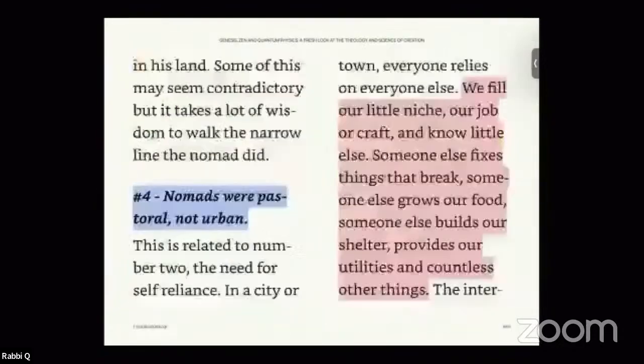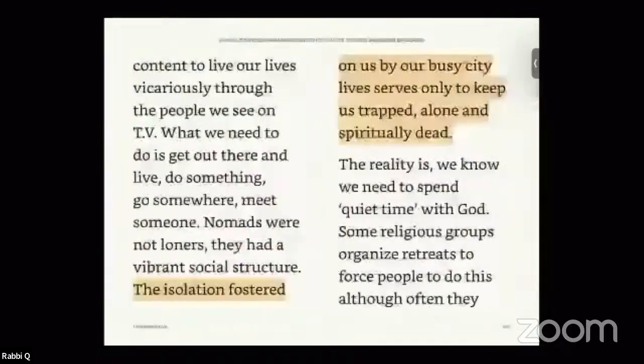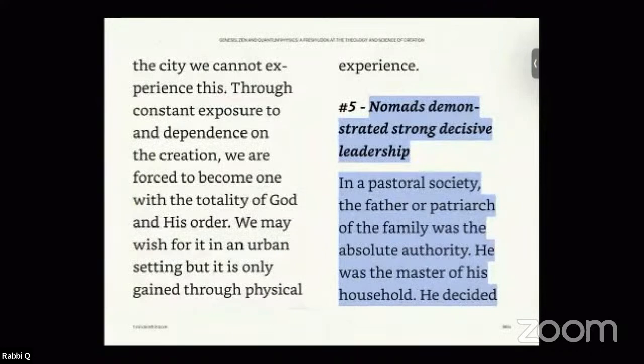Okay? Nomads were pastoral and not urban. They were more about animal husbandry and about herbiculture than they were about modern practices of living. Okay? Believe in raising their own animals and their own food instead of going to the grocery store. Okay. Then finally we have, I'm sorry, not finally, but the next one we have is the nomads demonstrated